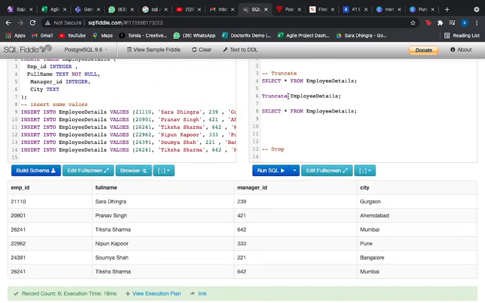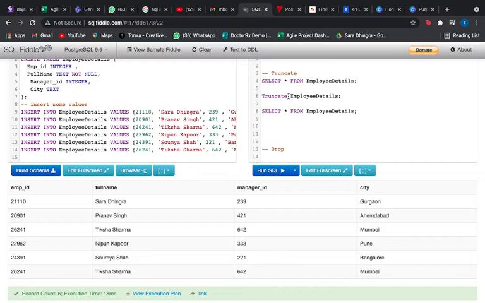So if you compare the delete command and the truncate command, the truncate command is actually faster. Why? Because it just blindly removes all the rows from the table without thinking whether there is any condition or not, because it doesn't take any condition.